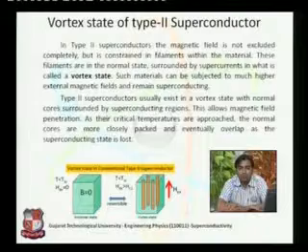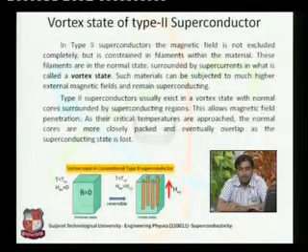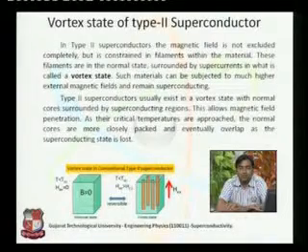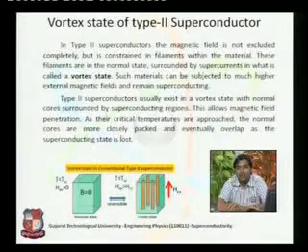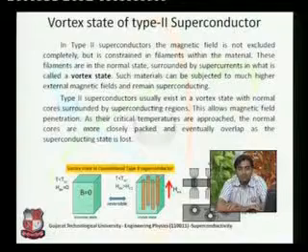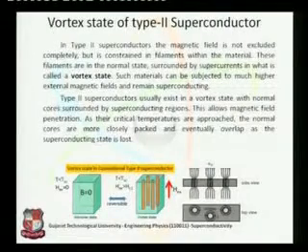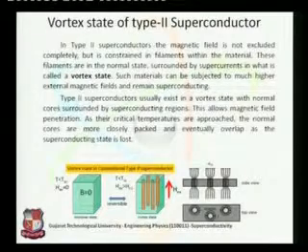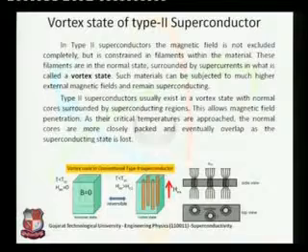So small supercurrents are actually moving around these columns, and that is called the vortex state of the superconducting material. What kind of currents are formed and how the magnetic field is going to pass through is given in this particular diagram. If you observe, it is a cross-section side view of the superconducting material. If we apply the magnetic field, the field lines do not move straight, but converge at a particular point, pass through those columns or channels, and come out on the other side.